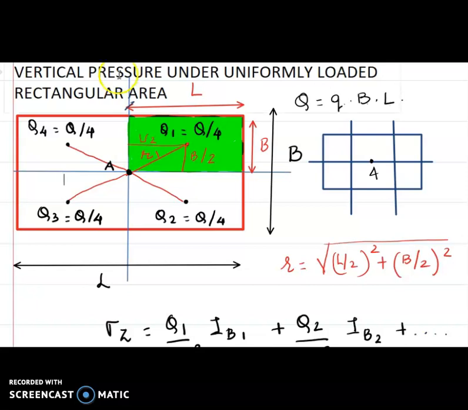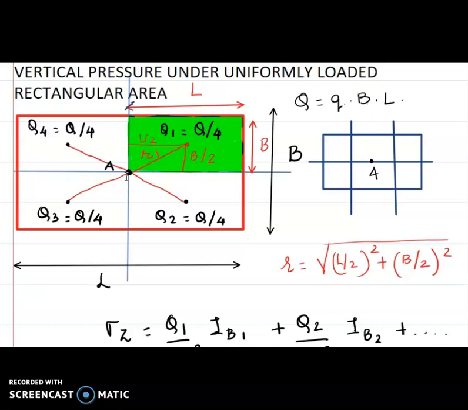Okay, but what you need to understand when we start with this vertical pressure on uniformly loaded rectangular area, what is our first step? First step is you divide it into small area units. How small? You divide it in area units wherein the largest dimension should be less than 0.3 times the depth. So we are finding the stress at this A. This A is not on the surface. It is deep below. So whatever is the depth that is given to you in your problem statement, your area should have the largest dimension lesser than 0.3 times the depth.